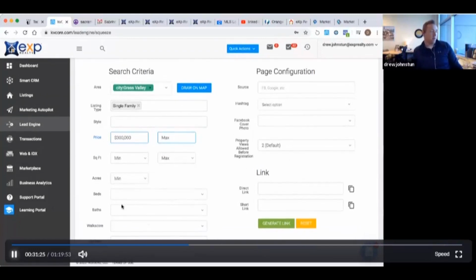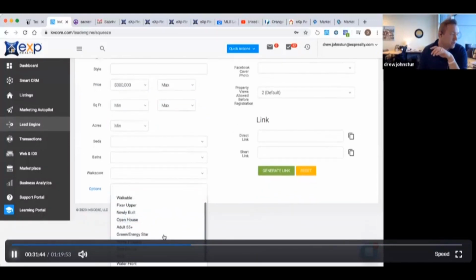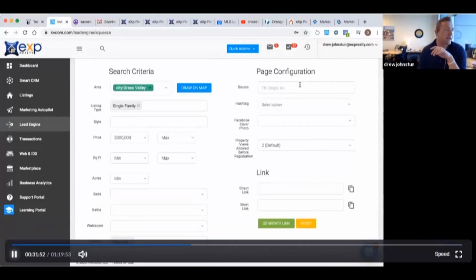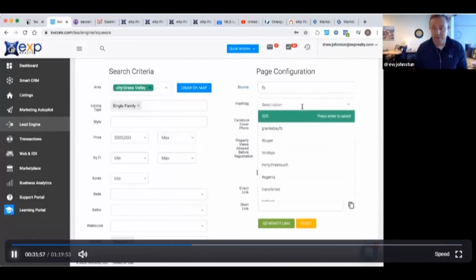So let's go over here. We want to make this search as broad as possible. You don't want to make it so it's searching for 3 bedrooms, 2 baths, and someone sees that and thinks, well, I want 4 bedrooms, so I don't want to click on this. We'll make it as broad as possible. And then here we have options. There's a whole bunch of stuff that you can do, but we're going to do reduced homes, because who doesn't like a deal? You can be worth the most amount of money in the world, you'll still want a deal.